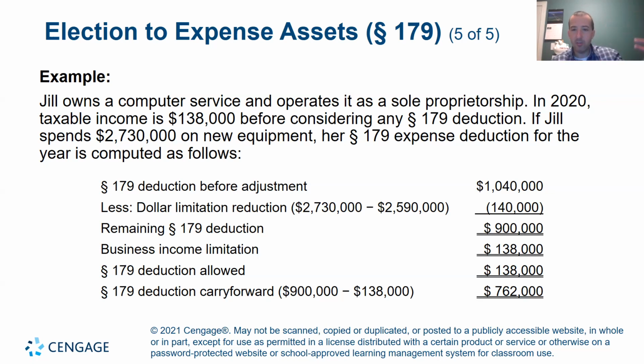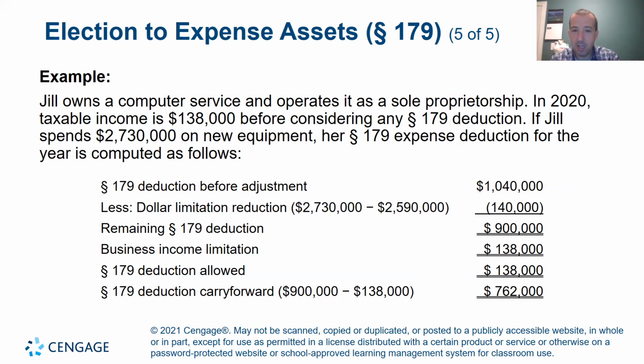It's in excess of the 2,590,000. So Jill spent 2,730,000. So she needs to take the 2,730,000, subtract it from 2,590,000. So the dollar for dollar reduction is $140,000. So we take the section 179, which Jill is entitled to, at 1,040,000, but we need to deduct 140,000 because Jill exceeded the $2,590,000 cap in assets that you can place in service and still get the full